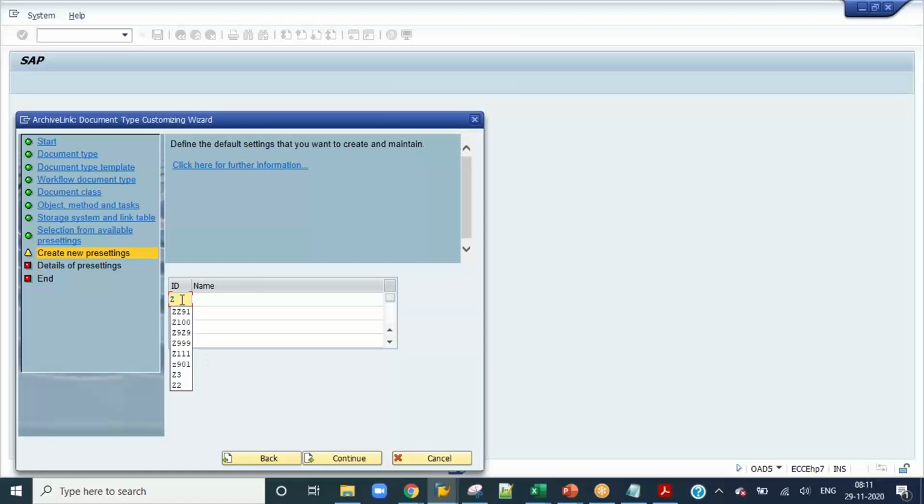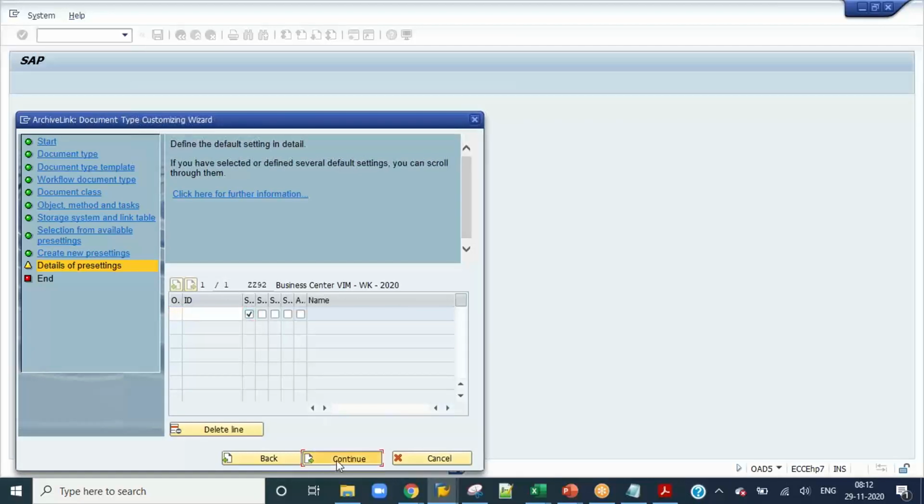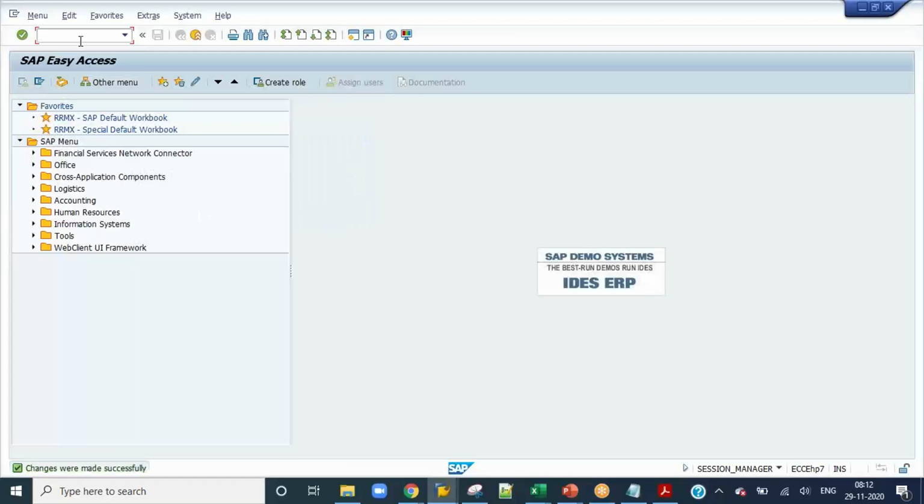a new one, Jet92 Business Center VIM WK 2020. Click on continue. Early archiving, click on continue, complete. And the archive document type which we created now, so we need to do event linkages, do not forget. So